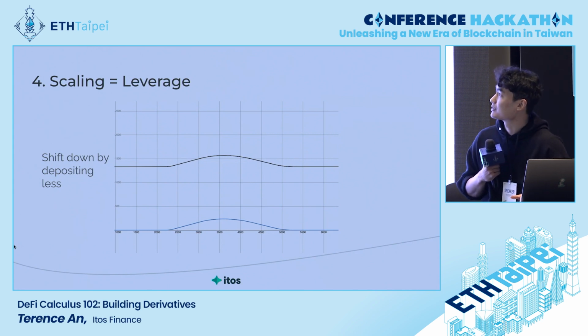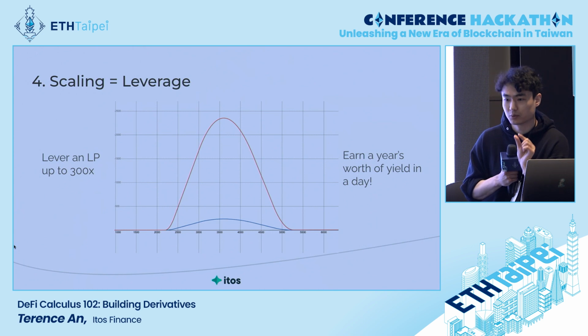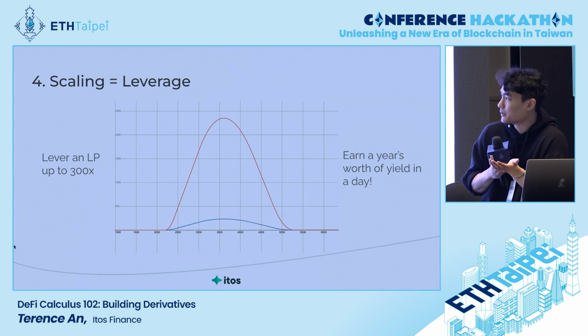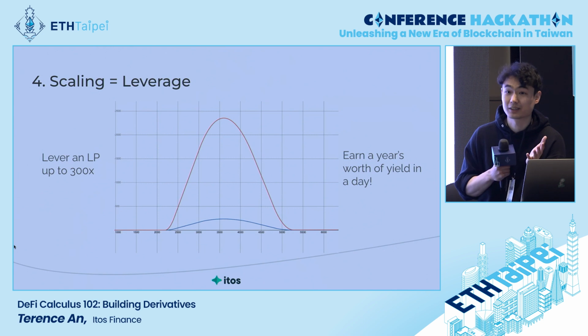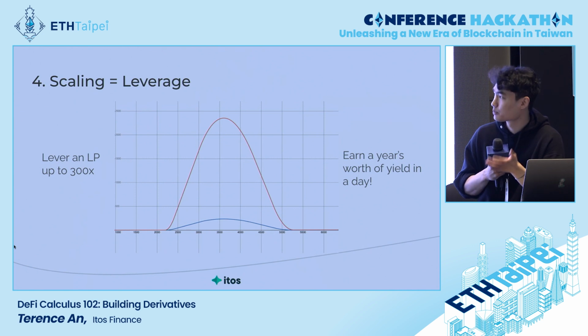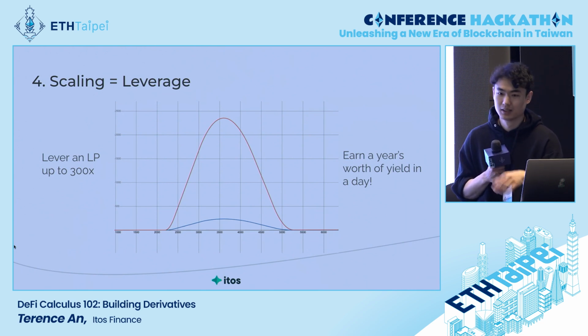But it's not just capital efficiency, because we can scale this baby up to roughly 300x LP, depending on the pair. It just comes down to what is the granularity of your AMM. And if your granularity is small enough, you can just keep raising that leverage. And at 300x LP, like, you can beat impermanent loss by just LPing for a single day, right? If you think the price is not moving because, like, Fed Powell isn't talking today, you're just adding liquidity today and nowhere else. And you've already earned a year's worth of yield just by doing that. So we're super happy with this. We think this is like the most degenerate way to liquidity provide.